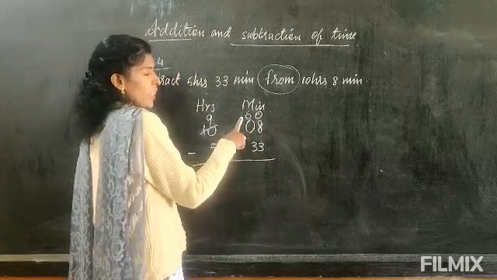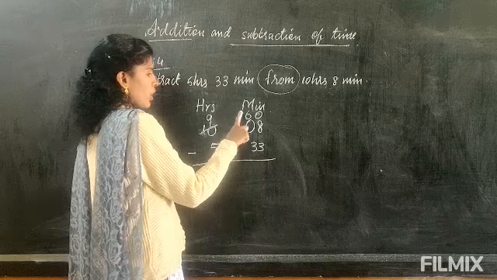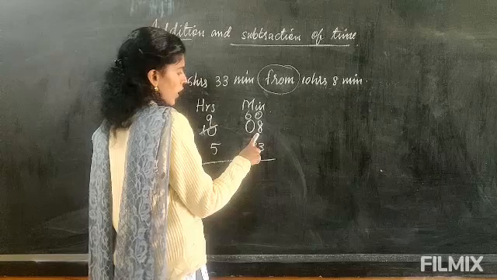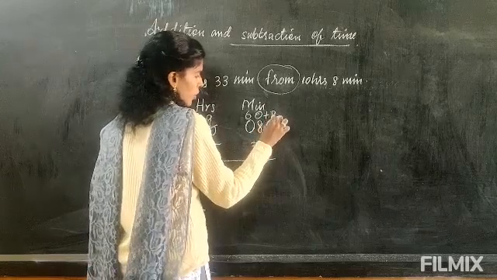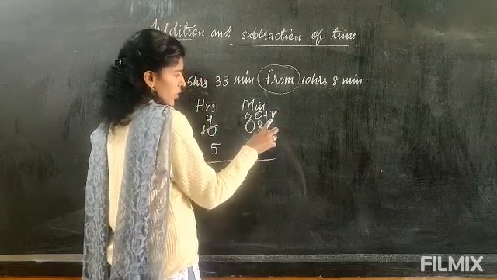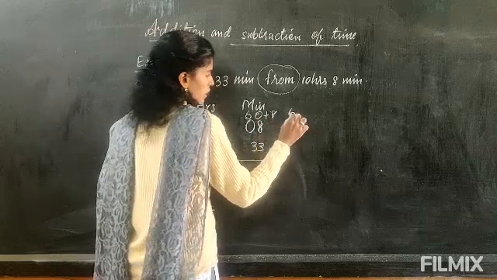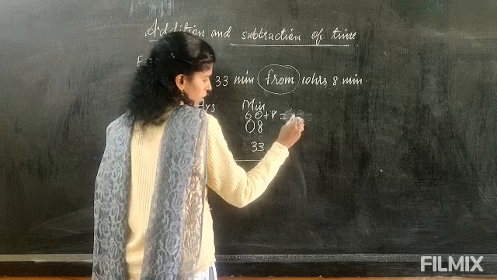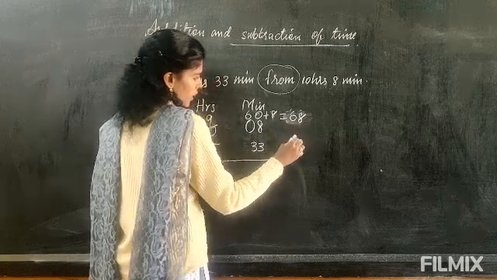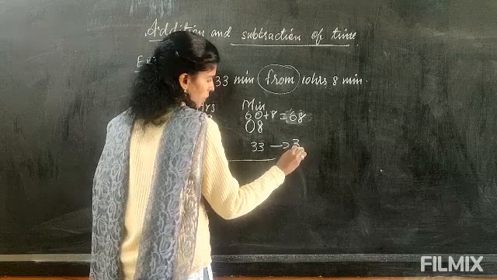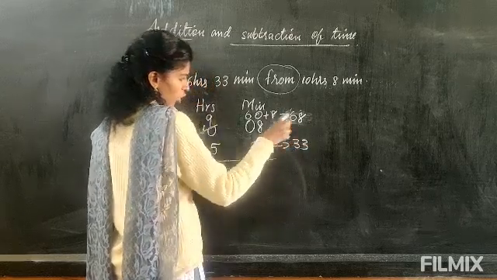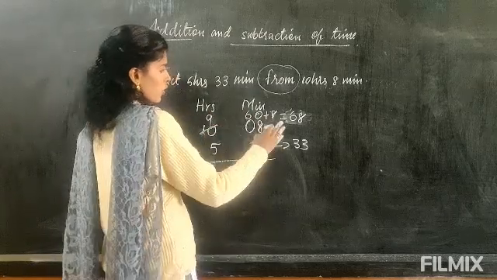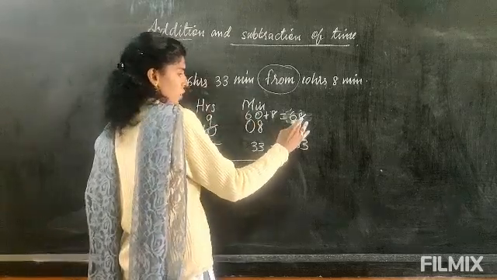It won't become 10 here. It will become 60 because you are borrowing 1 hour, and when it comes to the minutes, it will become 60. Already we have 8, no? So that 8 minutes also you have to add here. So 60 plus 8, it will be 68 minutes. So from this 68, you will minus this 33. Now I am making it another column. Since we have borrowed, if you do it the same way, you will be confused. So after I borrowed one, I have added and written here.